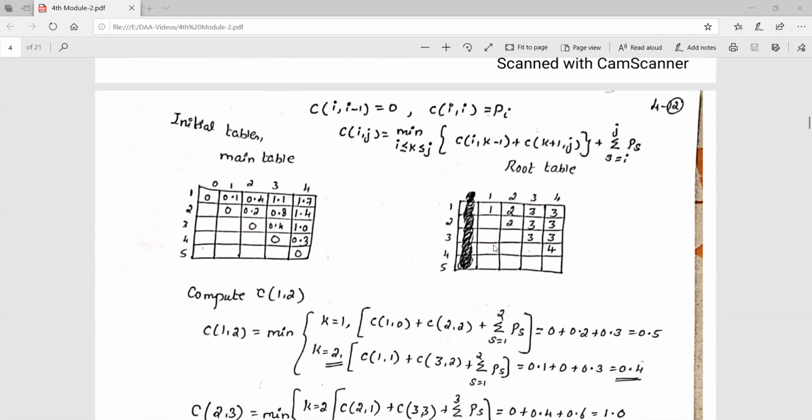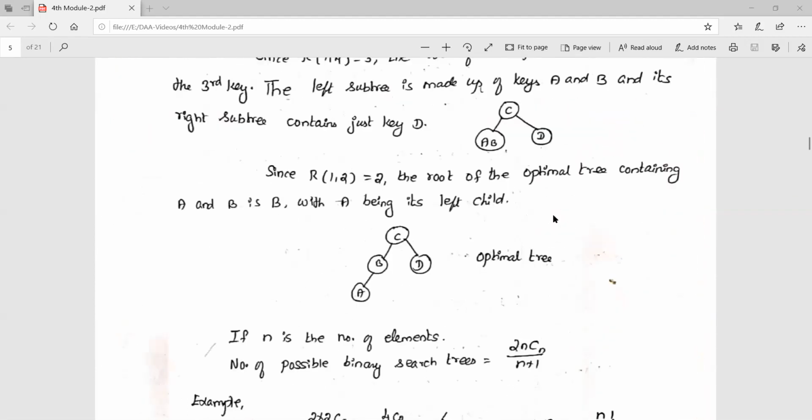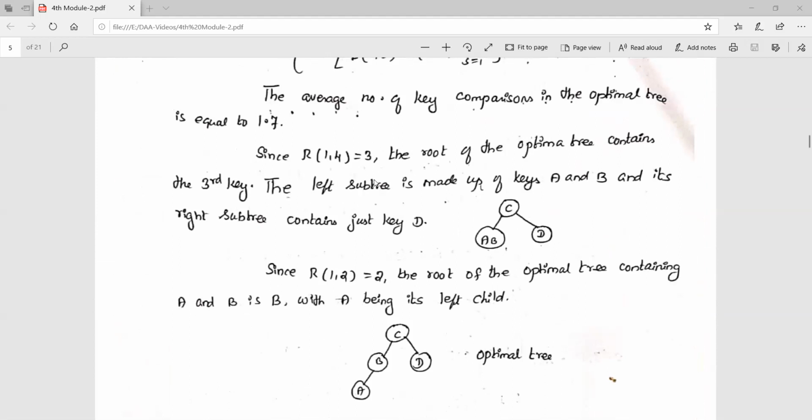The value given for r of 1 comma 4 is 3. So 3 will be the root node, and whatever data is present in node 3, you consider it as the root node. Now you see here, r of 1 comma 3 is equal to 3. So the root of the optimal tree contains the third key.